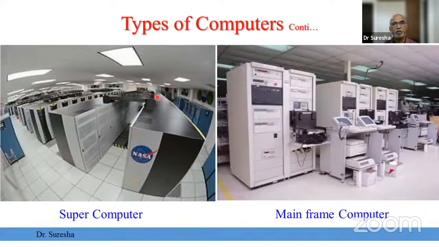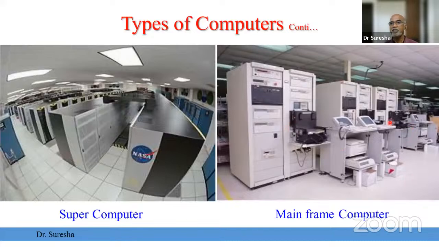Supercomputer and mainframe computer, you can see the difference. This is very, very important. Only two places we are having supercomputers. One place, as of now, I know, is Bhabha Atomic Research Centre, BARC. You can see there we are having supercomputers. And another one, people say in ISRO we are having, I'm not sure about it, but in NASA we have mainframe computers. So how do you differentiate between a supercomputer and a mainframe computer?